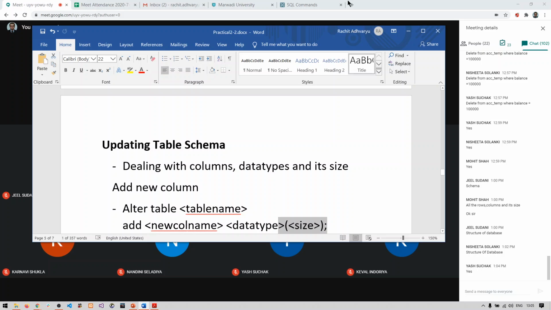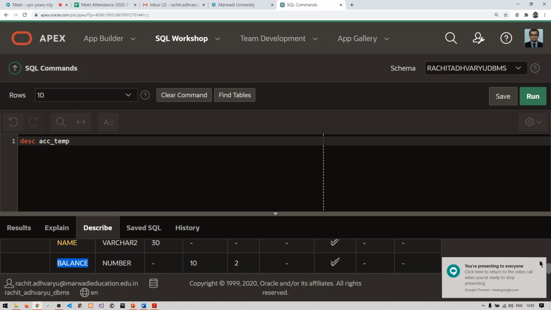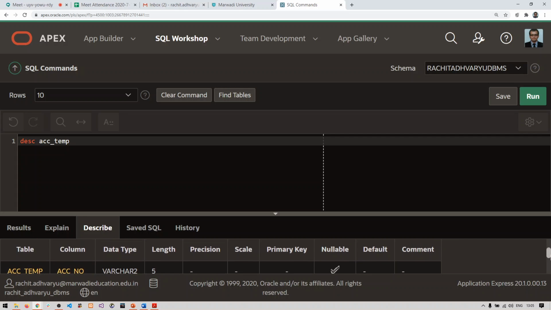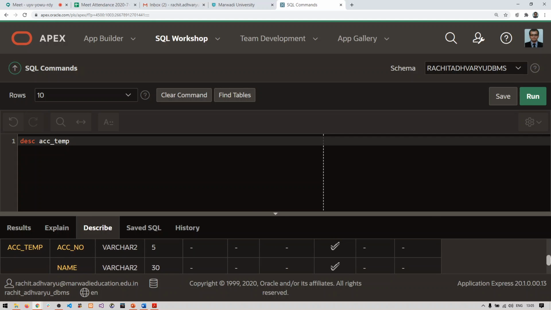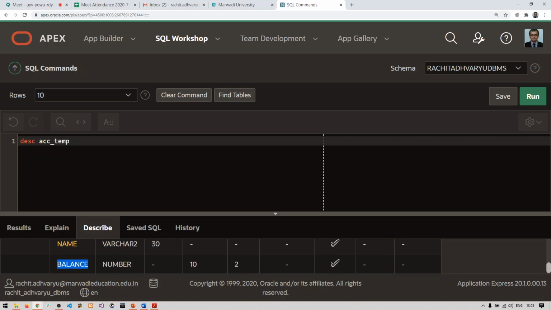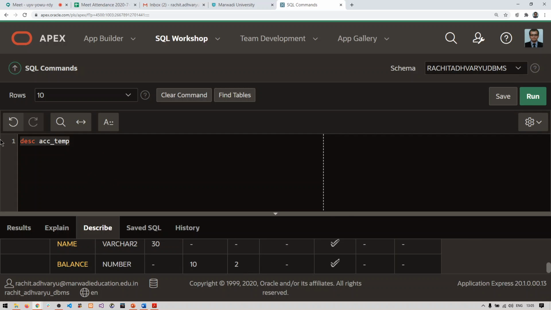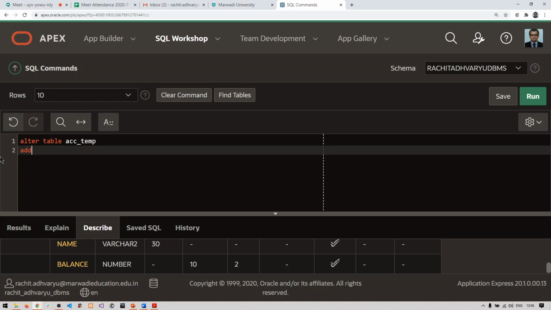Let me add a mobile number to this particular ACC_temp table. I will write ALTER TABLE ACC_temp ADD, then my column name, mobile, then the data type, number, and then the size.